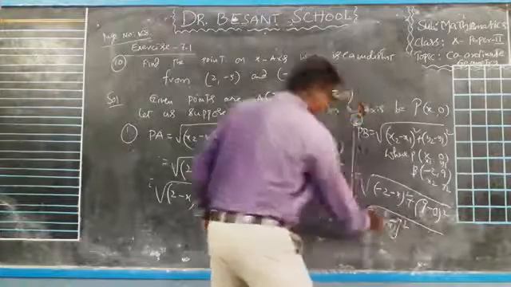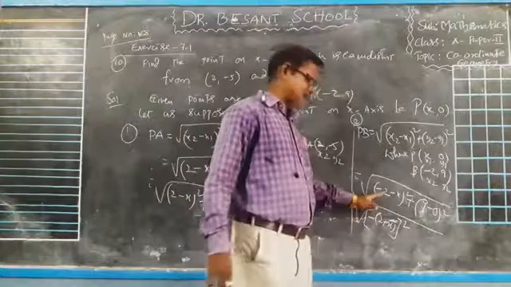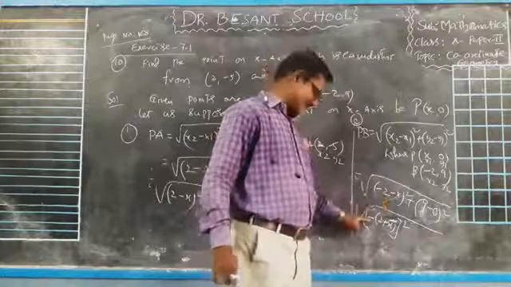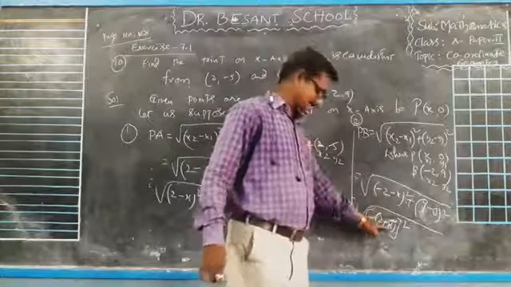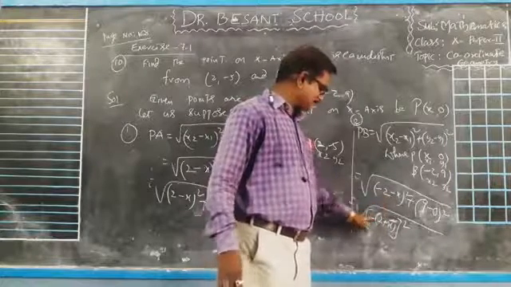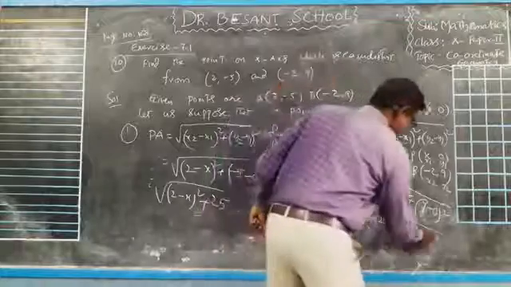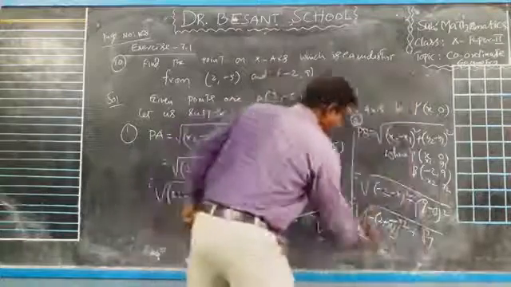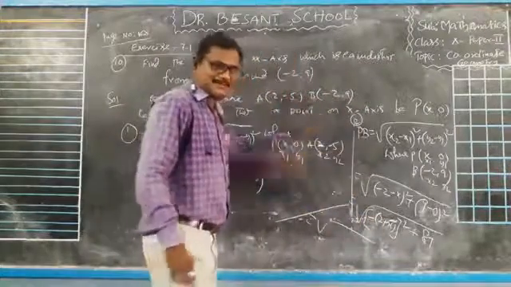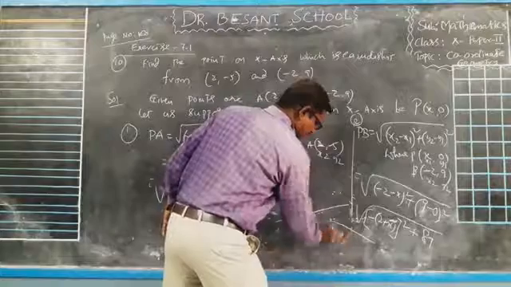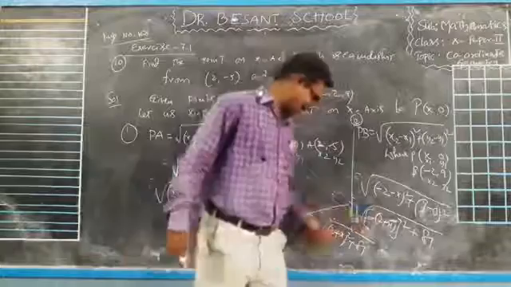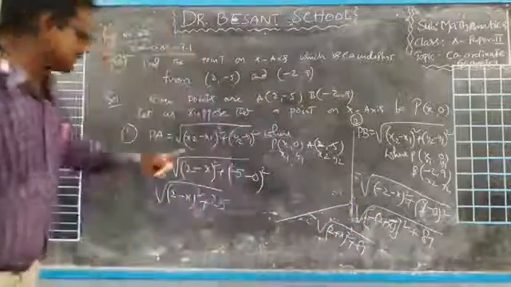Once you verify how I am doing here: minus into 2, minus 2, minus into x, minus x. Minus 2 minus x, I have taken minus as common, still I have in the bracket 2 plus x. Why? Because minus into 2 is minus 2, minus into plus x is minus x. So minus of (2 plus x) whole bracket square plus 9 square is 81. Now root over minus a square is a square, plus; that minus will be eliminated. So still we have (2 plus x) whole square plus 81. Minus will be eliminated because minus a whole square is plus. So that is PB distance.